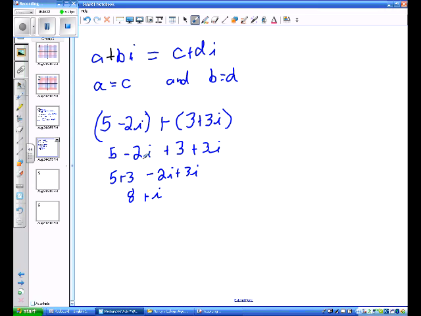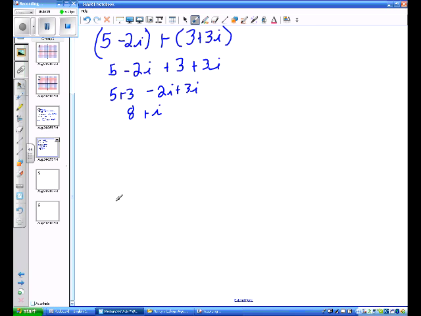So we want to add the real parts and we want to add the imaginary parts. And you don't necessarily have to use the commutative property to get the real parts equal. But just remember, you only add the real parts and then you only add the imaginary parts. Now, if we wanted to do some subtraction, let's subtract 2 plus 6i